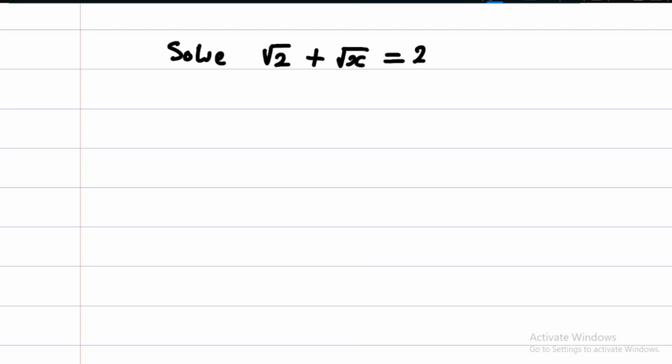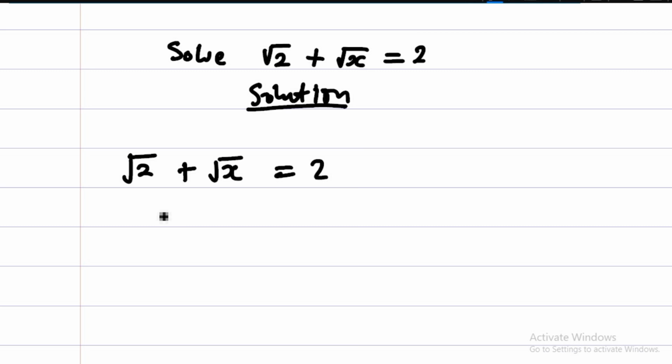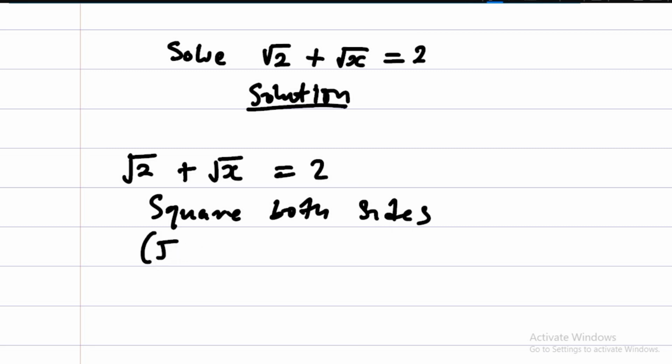I saw this question on someone's channel, and the guy was seriously solving it like this. Let me show you how he solved it. Solution: instead of using a short method to find it, he did this: the square root of 2, people are funny, plus the square root of x is equal to 2, and then he says square both sides, square both sides, and then we have that the square root of 2 plus the square root of x